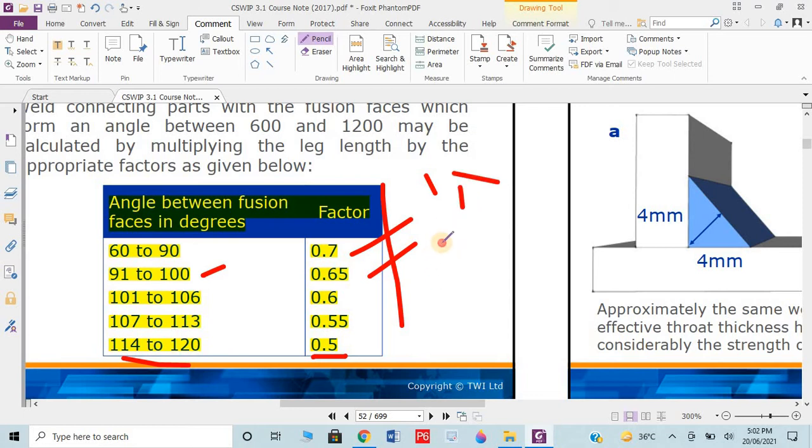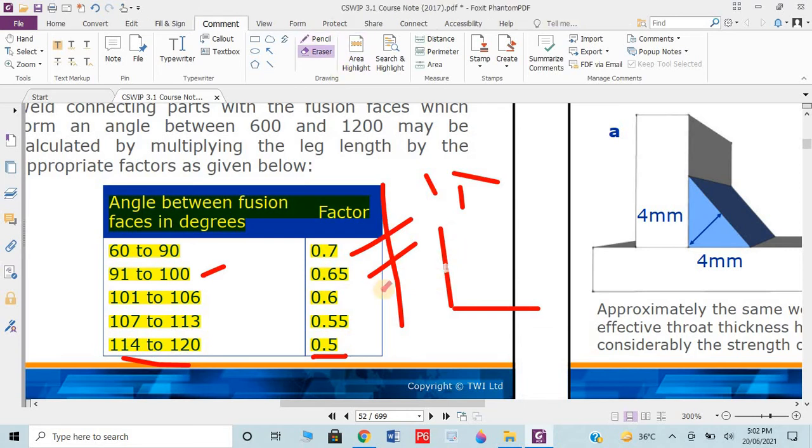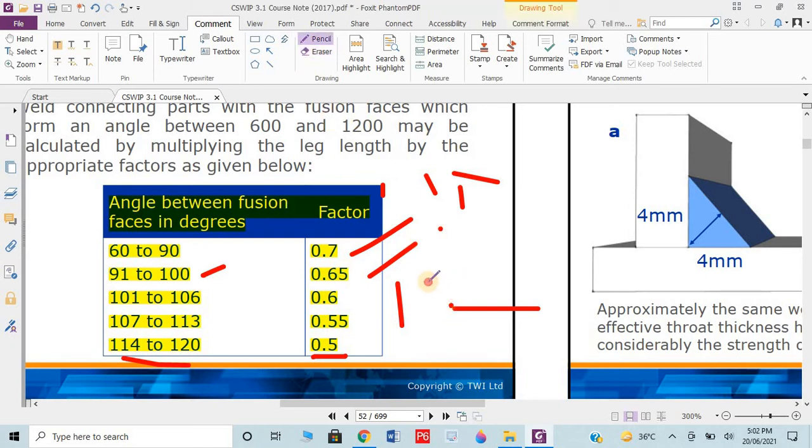And in the paper he can also give you a trick: we have two metals, 1 and 2, and the angle between both plates is 108 degree. Now this is a conceptual point. Angle is 108 degree. The throat thickness is 12 millimeter.